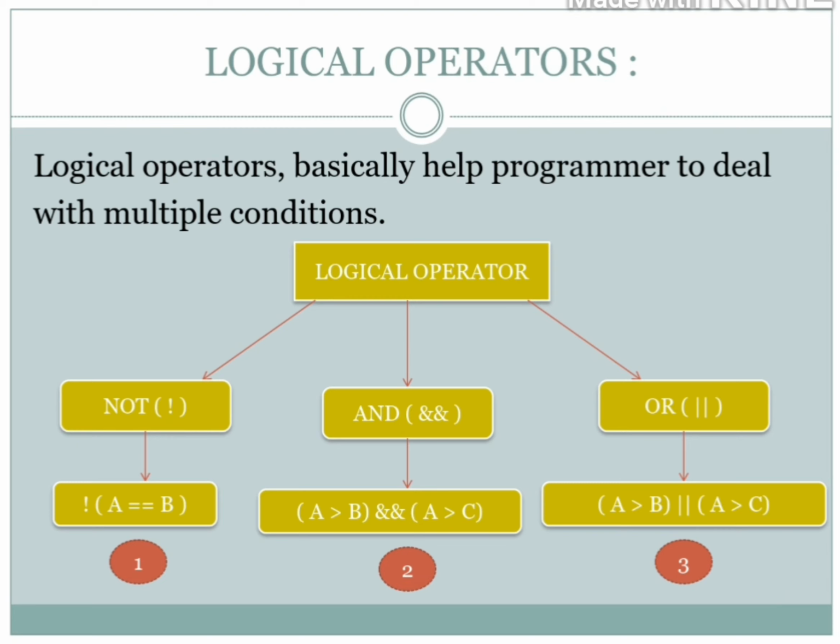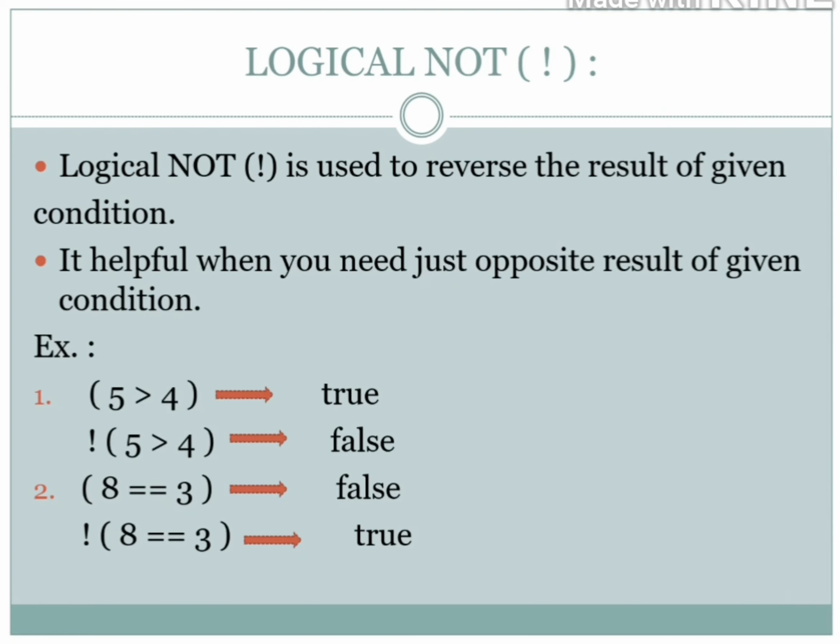First of all, how are we going to write the NOT sign? Always remember, you have to write it in front of the condition. NOT and then the condition, a equals b. And if you are using AND, you have to place it in between both the conditions. And if you are using OR, you also have to place it in between both the conditions. The way of writing, you are able to understand. And then we are going to proceed to how a logical operator works.